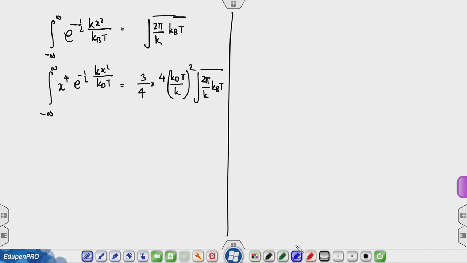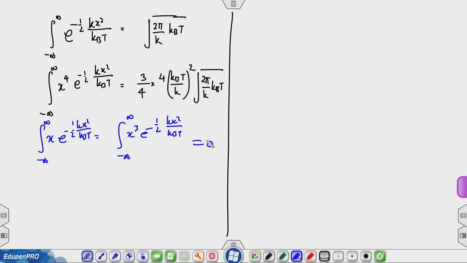And the terms x e raised to minus 1/2 k x square over k B T and x cube e raised to minus 1/2 k x square over k B T, integrated from minus infinity to infinity, are 0 because they are odd integrands. So, we are left with two terms, and therefore, we get